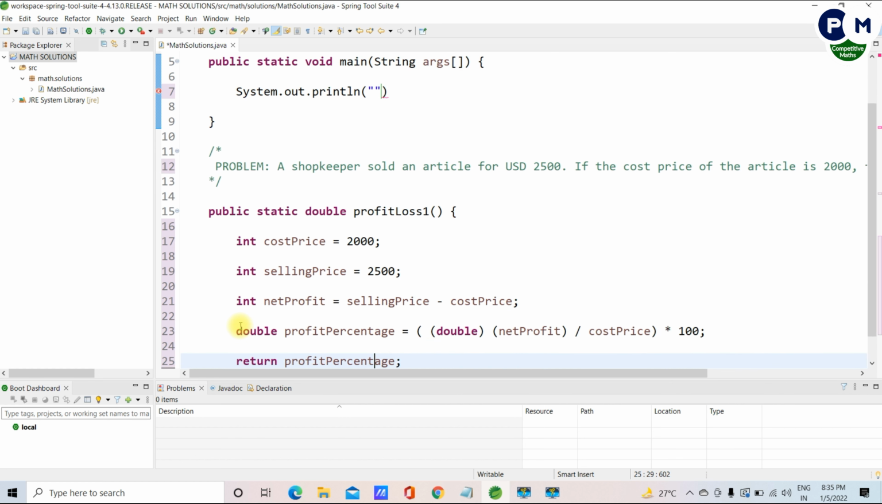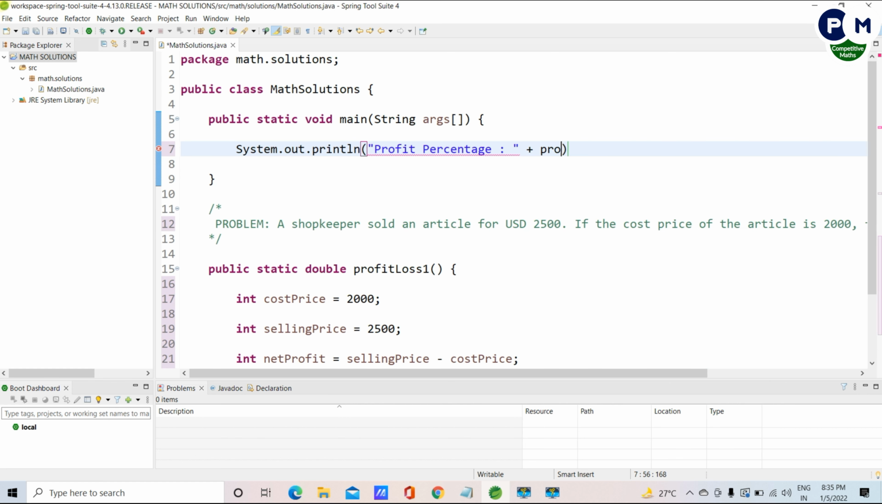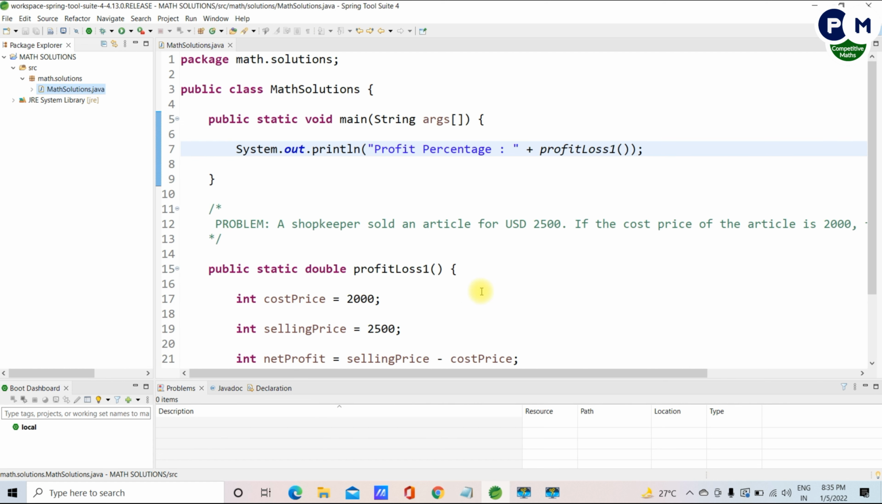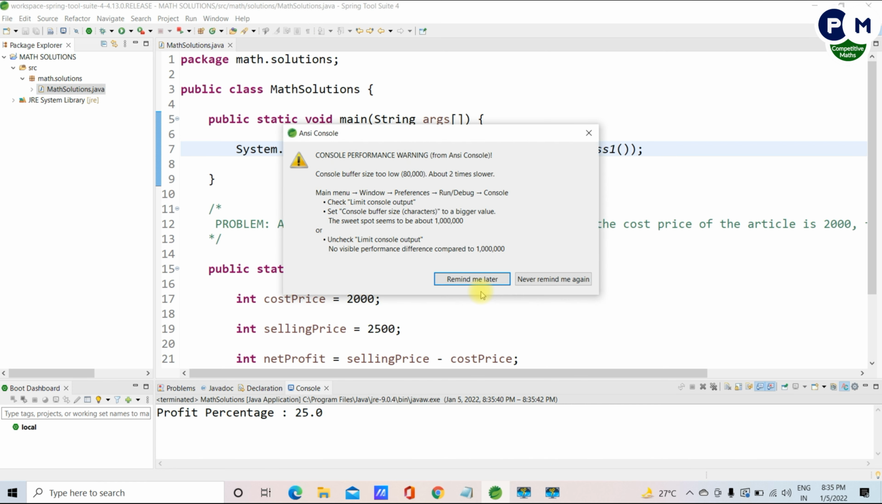Here I am printing the selling price by calling the profit loss method. Let's execute the written code by right-clicking on the created Java class and select Run As and Java Application. Here is the